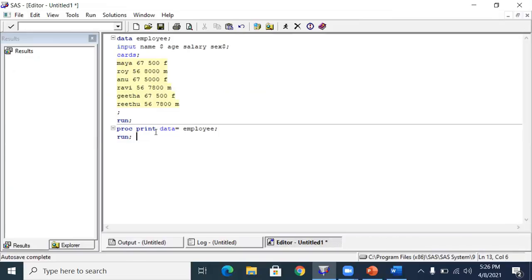So you can just write proc print semicolon run. That also will print whatever data you generated on top. That dataset will get printed. But it's a best practice to include the dataset name also. You have a name already, right? So proc print data equals employee, run. Run is for submission. Now select it and submit again. See, I'm going back to the submit button, this running man button. Okay, so here you can go.